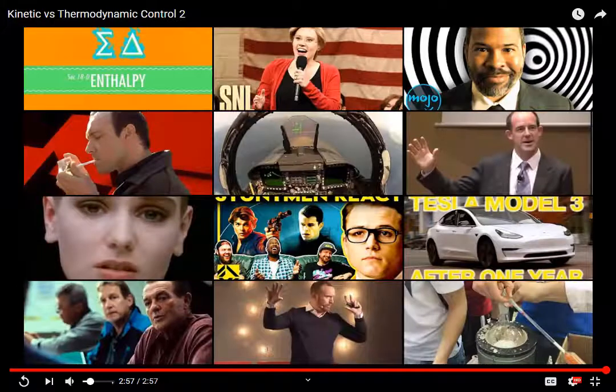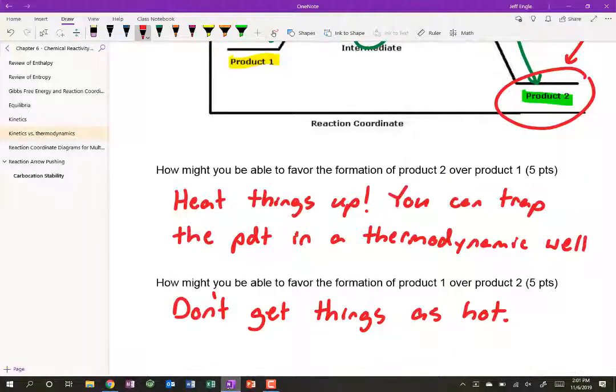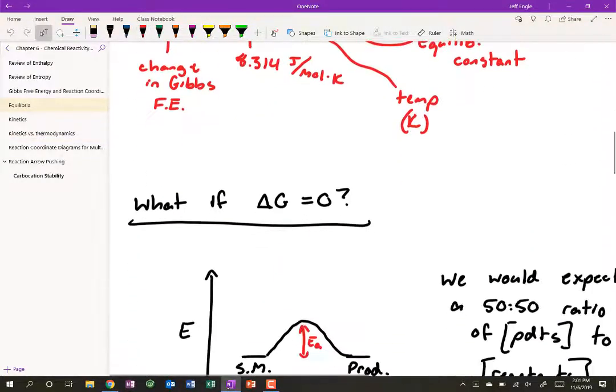So can you have an equilibrium from intermediate to product 1 without the intermediate going to product 2? You could have an equilibrium between product 1 and the intermediate, assuming the delta G value wasn't too large, right? Do you remember in the lecture the other day when I said, kind of down here,